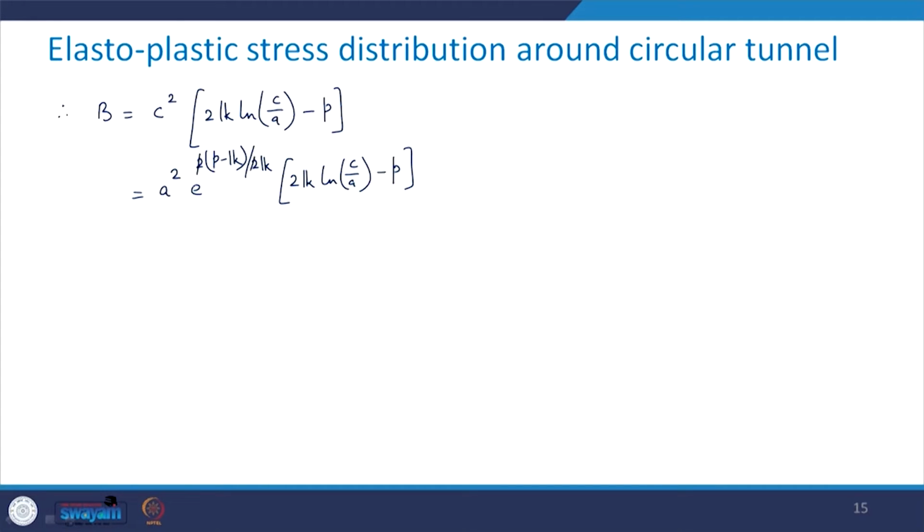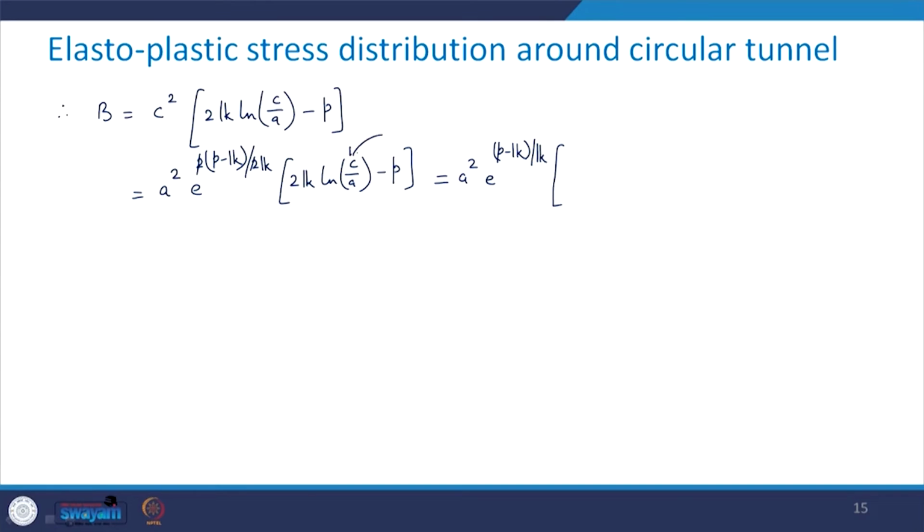So, this 2 and this 2 will get cancelled out. So, ultimately what you are going to get here is A square e to the power P minus kappa upon kappa, and here